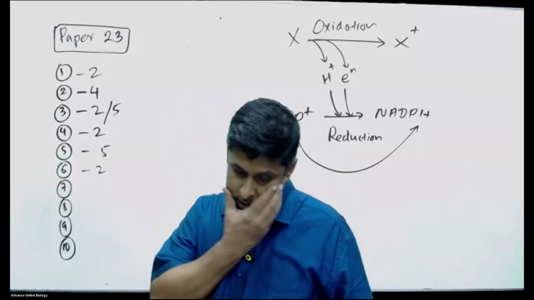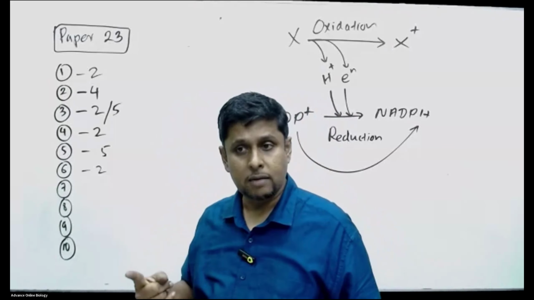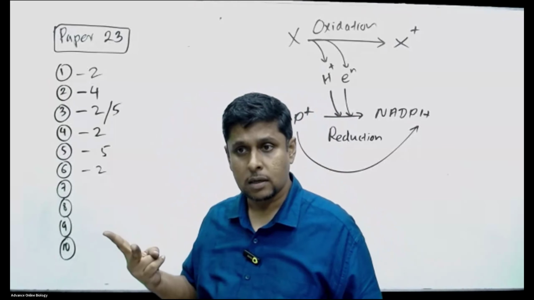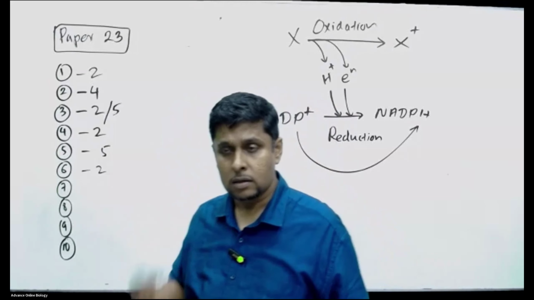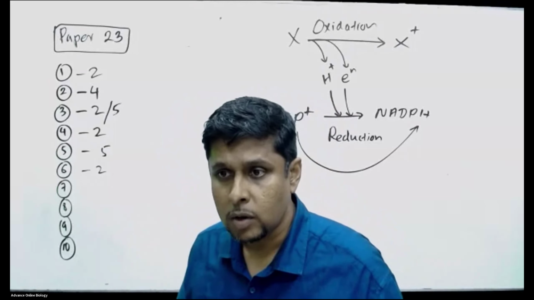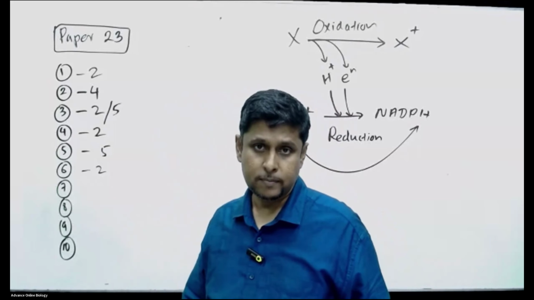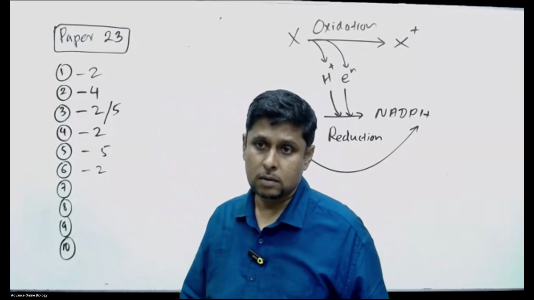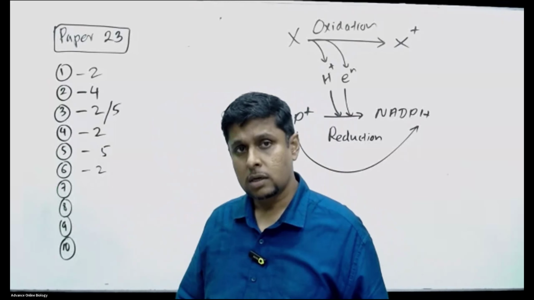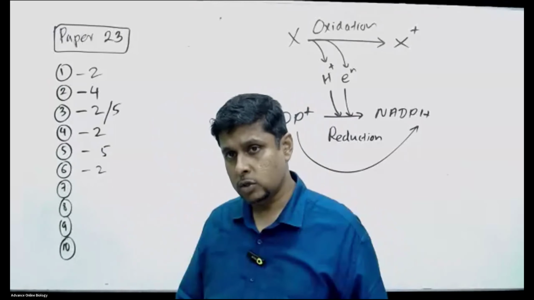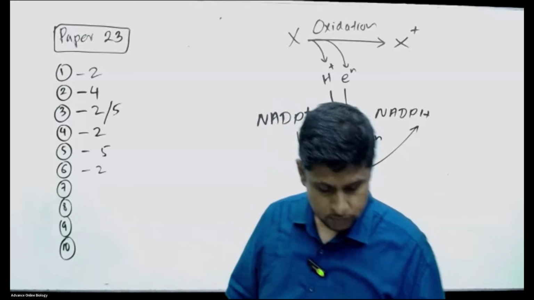Third one, 6 NADH and 2 FADH2 are produced in this cycle. No, that is when the Krebs cycle is run twice, right? So the third can also be taken, if it is given for one glucose. Otherwise, you can't take it. One cycle produces how many? 3 NADH, 1 FADH2. Yeah, that's the issue. So we'll go with the second one.